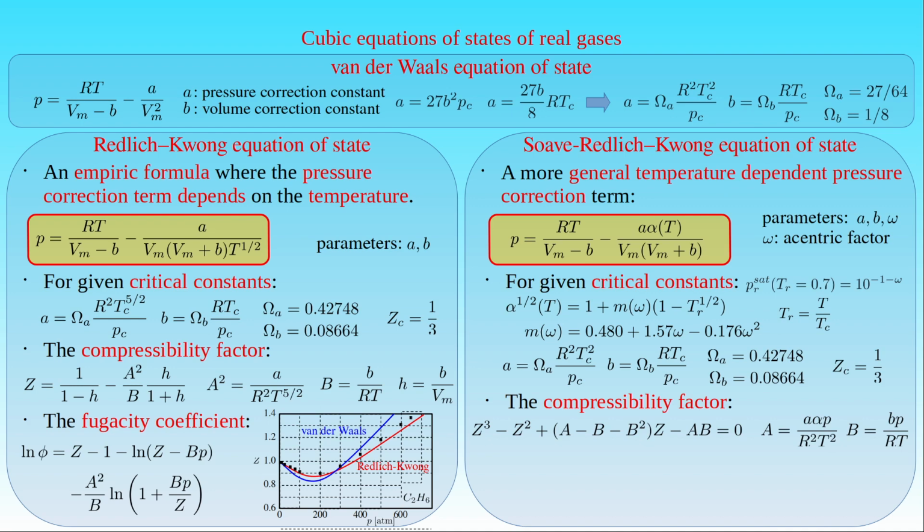The same cubic equation of Z can also be given for the Redlich-Kwong equation of state, but the definitions of capital A and capital B are different. As a result, the fugacity differs from the one obtained for the Redlich-Kwong equation, and the natural logarithm of the fugacity coefficient phi of the gas is given by Z minus 1, plus the natural logarithm of the difference between Z and capital B, minus capital A over capital B, times the natural logarithm of 1 plus capital B over Z. Since the Soave-Redlich-Kwong equation is based on the fitting of the measured vapor-liquid curve, it is able to describe